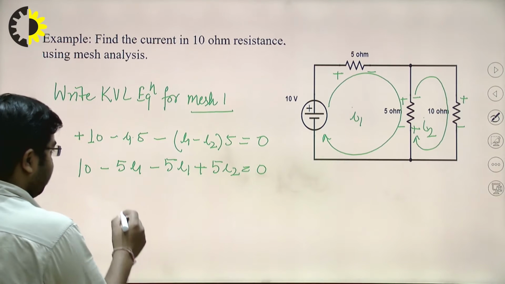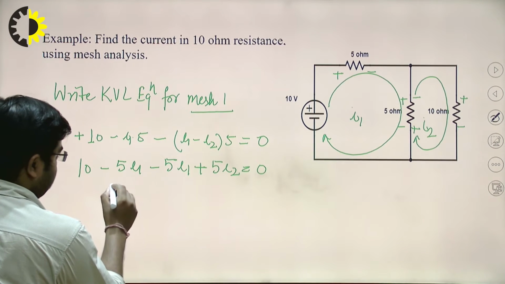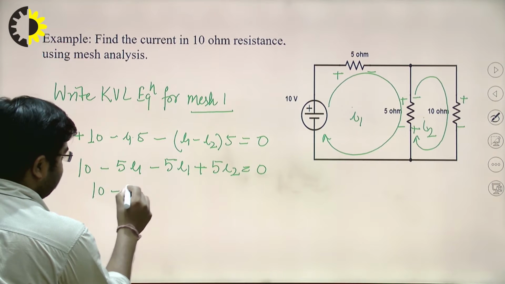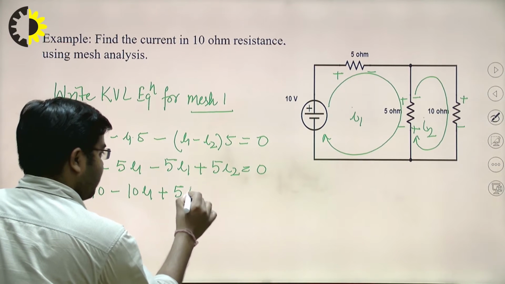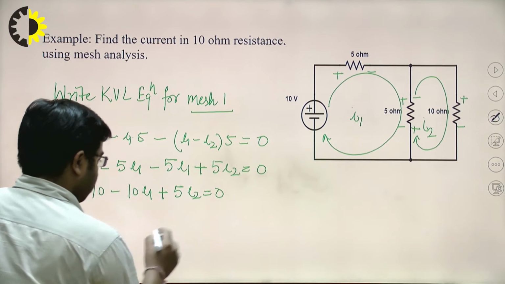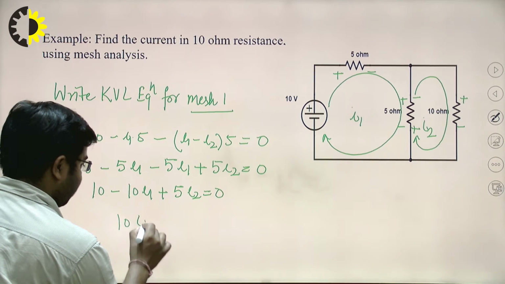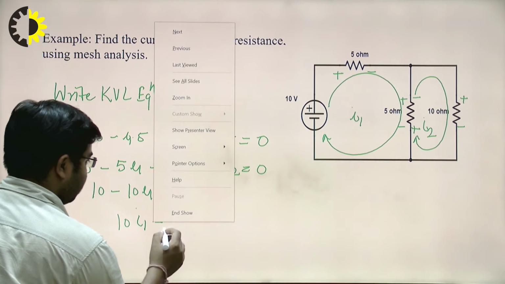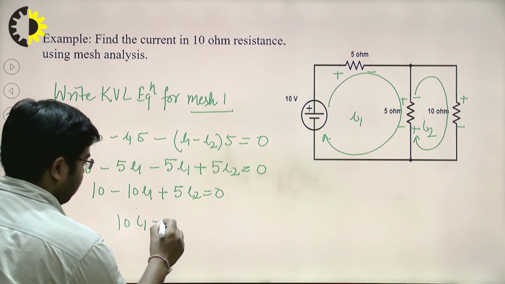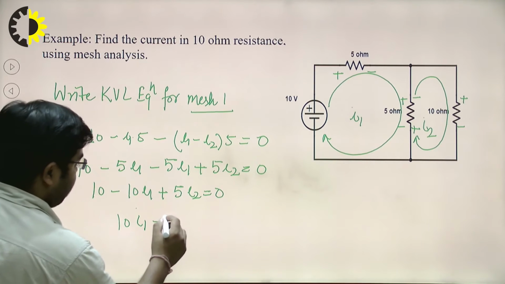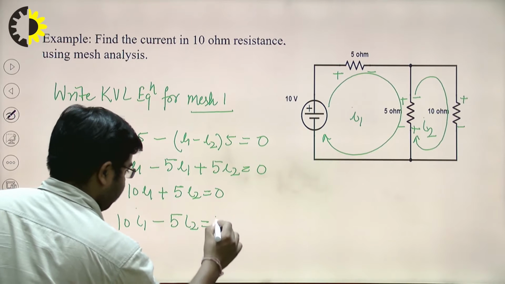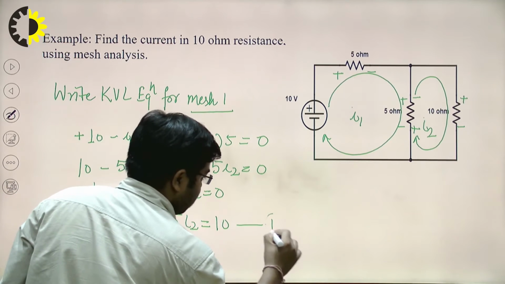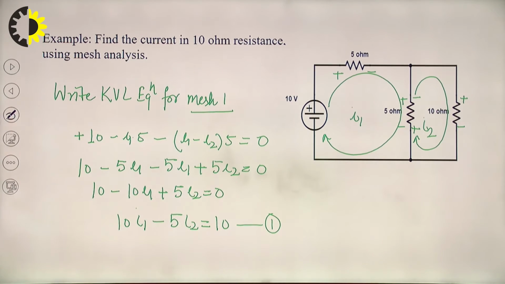So you can write 10 minus 10 I1 plus 5 I2, that is equal to 0. So you can write 10 I1 minus 5 I2, that is equal to 10. So this is equation number 1, suppose. Okay. Now